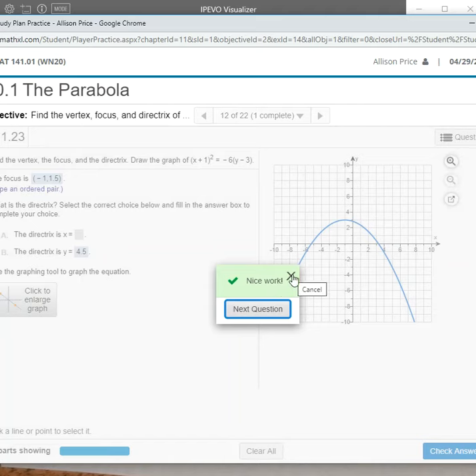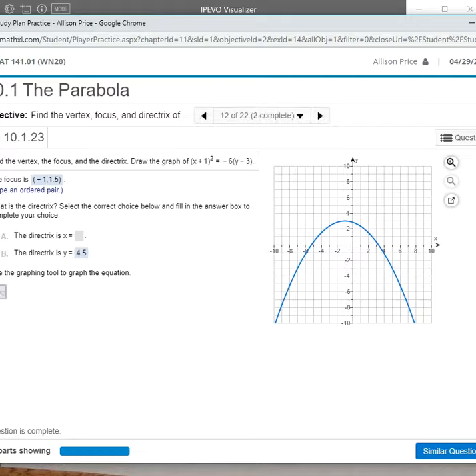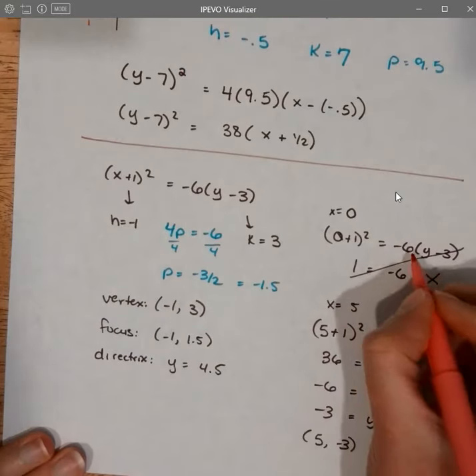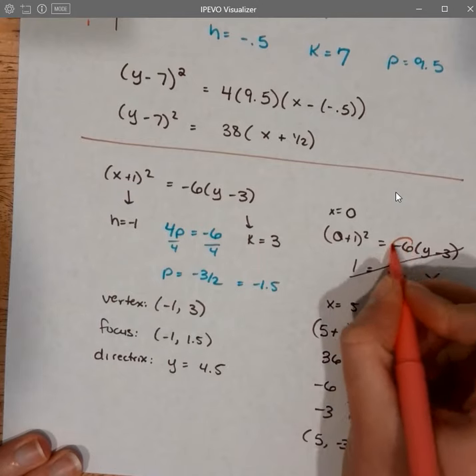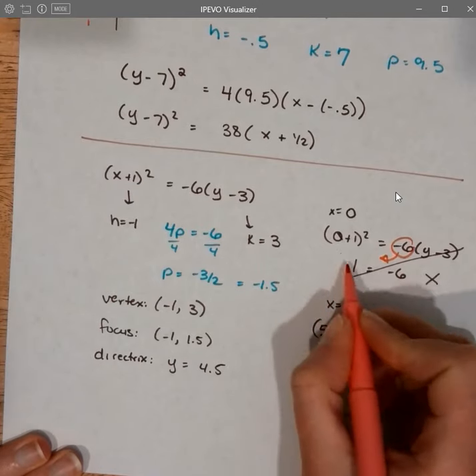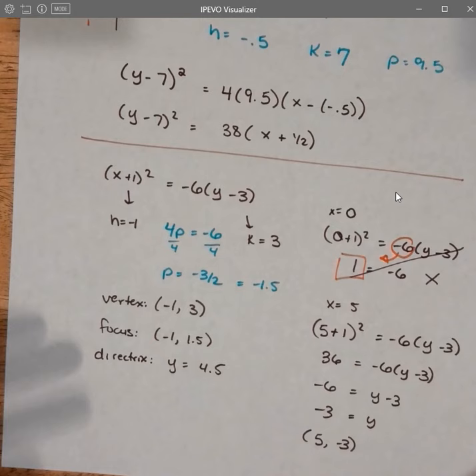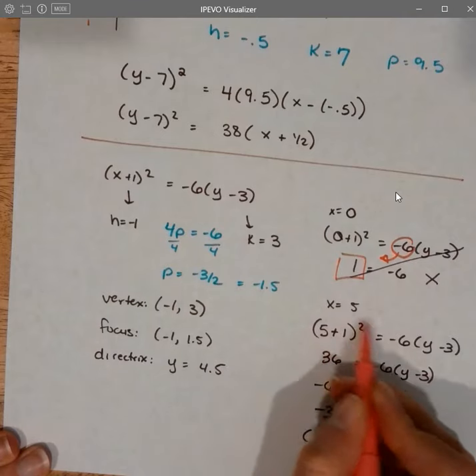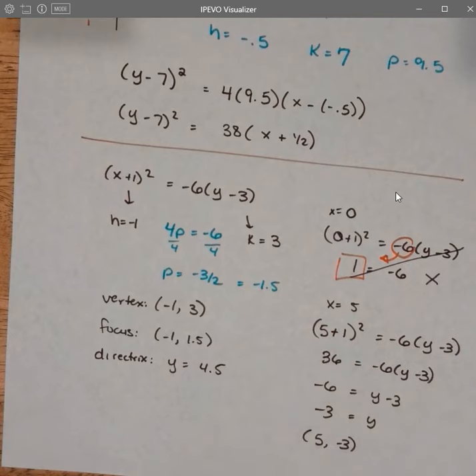And again, I was able to choose that point because I saw that I was going to have to divide off this negative 6. So I had to try to make this value divisible by negative 6, because it's really hard to graph non-integer values for x or y. Okay, so that's why I picked that. I picked 5 plus 1 to give me 6, so that when I squared it, it was divisible by 6. That's how I chose that. All right,